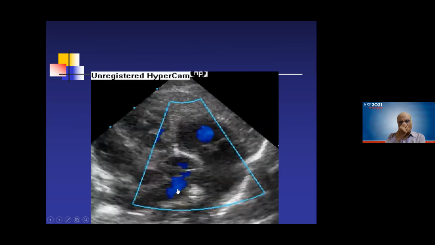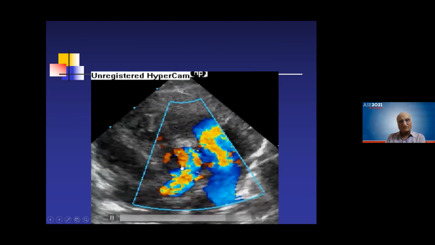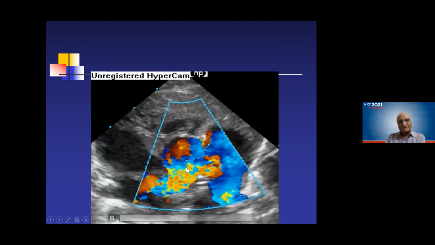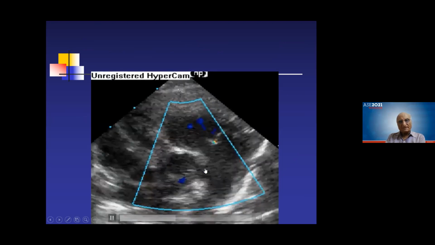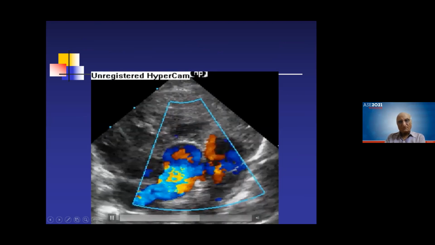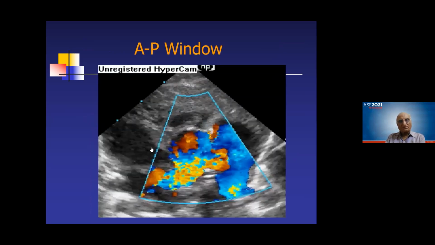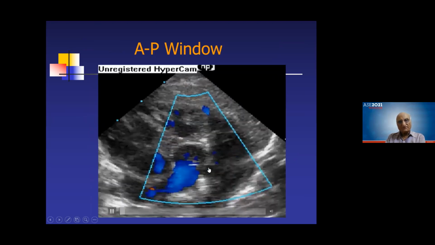And this is just something I got from somebody, known as aortopulmonary connection. This is the aorta, this is the pulmonary artery, and there is a connection between the aorta and the pulmonary artery, known as an aortopulmonary connection. Best seen also from the suprasternal view. So you see a connection between the aorta and the PA, known as AP window, aortopulmonary window.